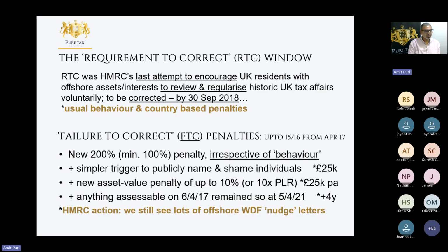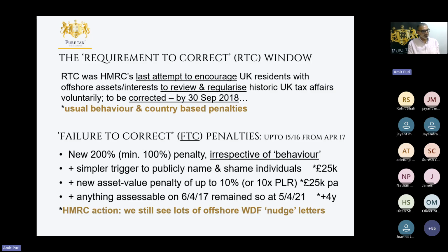It's got nothing to do with being careless or demonstrating someone wasn't being deliberate. The penalties apply as soon as that tax is payable in the years up to 15, 16. So if someone waits for a letter to come from HMRC, a nudge letter, a little brown envelope, and decides, okay, now I'm going to do a disclosure, the minimum penalty in those scenarios is 150% because you've been prompted, right? So it's quite high.